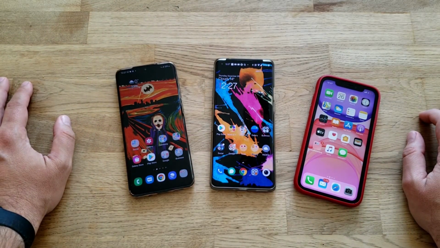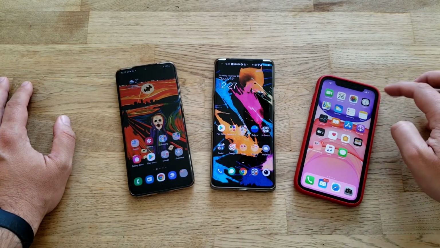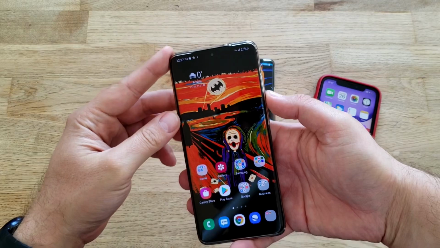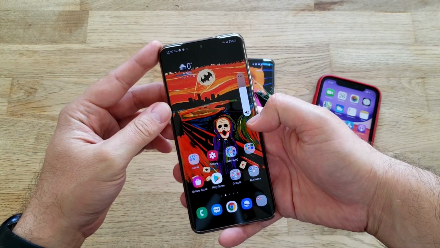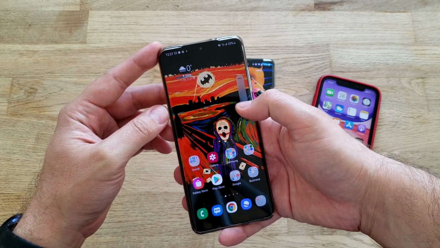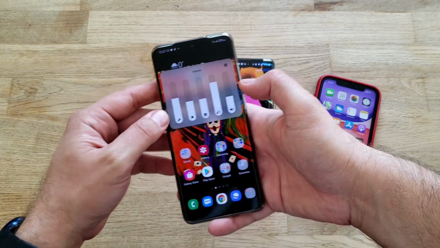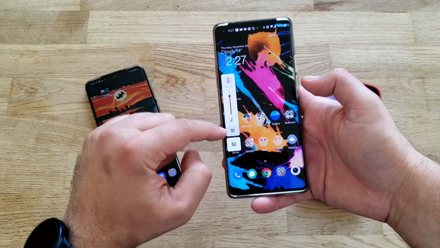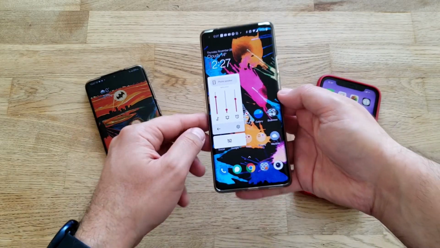That's probably the reason why people are always saying that the animations here are very, very nice. Another thing you want to check is the volume rocker. When you press down here on One UI 3.0 and you click, now you can control it. You click the three dots, you have access to the volume rocker. When you press volume down, you have it on the left side, and then you press here, pretty much